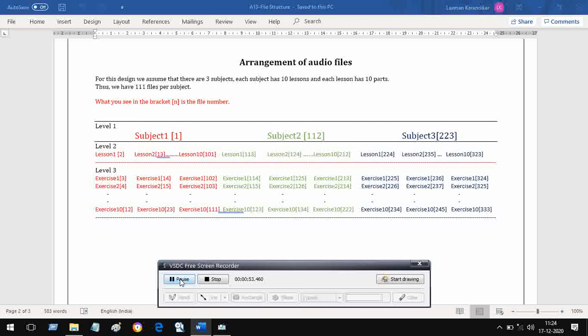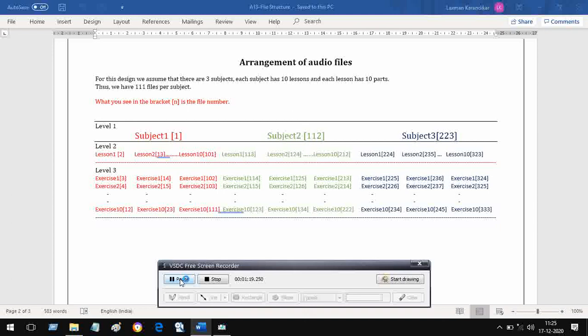If you come to level 2, then it contains lessons from 1 to 10 in subject 1, or lessons from 1 to 10 in subject 2, or from lesson 1 to 10 in subject 3. Therefore, at level 2 you will find 10 plus 10 plus 10, that is 30 files, right? At level 1 you have seen only 3 files. They are also short.